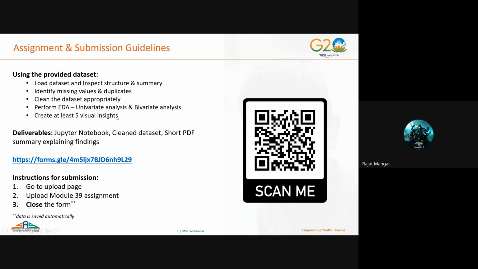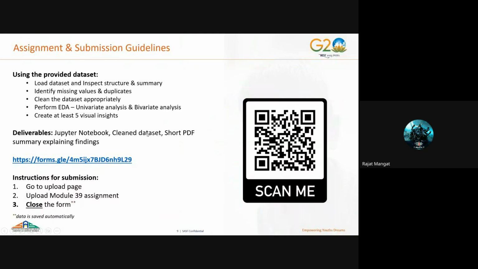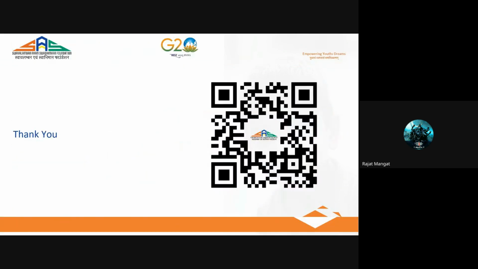Then the deliverables that you have to put on this Google form: the Jupyter notebook code that you have written, the clean dataset, and a short PDF summary explaining the findings. In that PDF, you can attach the visual insights that you have generated from the code. You can take screenshots of them, paste them in the PDF, and write something about what each visualization is conveying. Okay. So this is for this lecture. Now we will